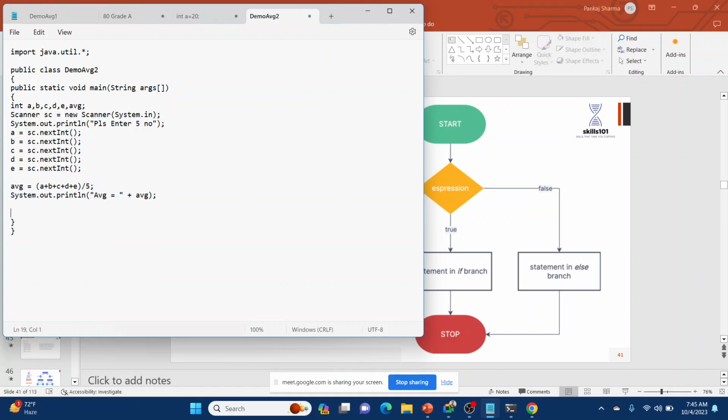So now first our condition is: if average is greater than 40, what will it print? Pass. So System.out.println and print pass, else System.out.println fail, right?